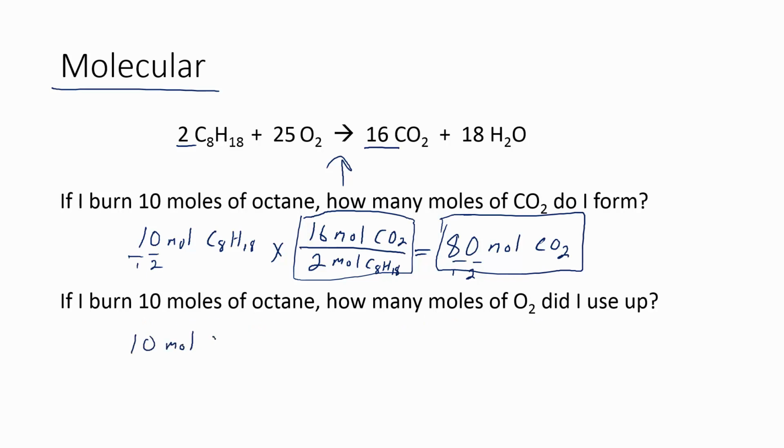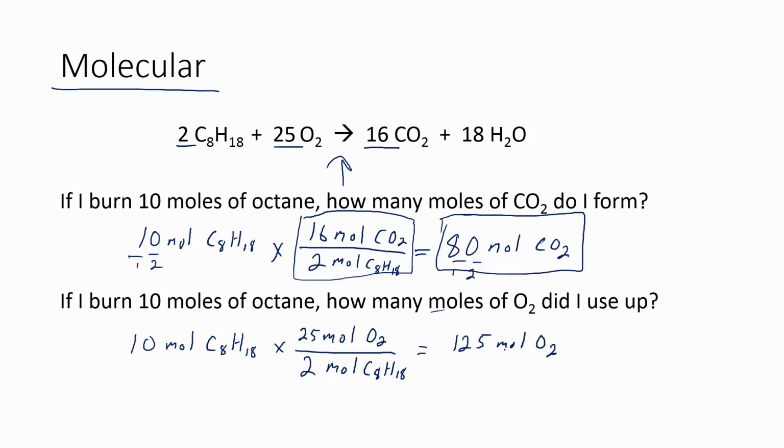Doesn't matter which sides of the equation they're on, everything relates to everything else up there. So I want units of moles of O2. I want to get rid of units of octane. So again, 2 for octane. Go up here and find 25 for O2. And we have 10 times 25 divided by 2, which is 125